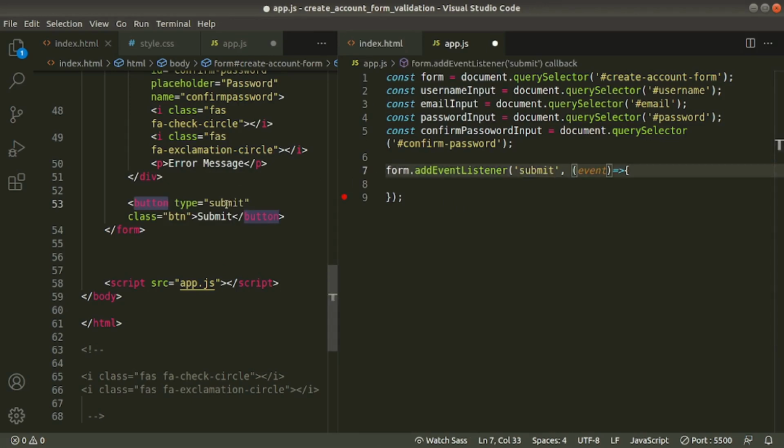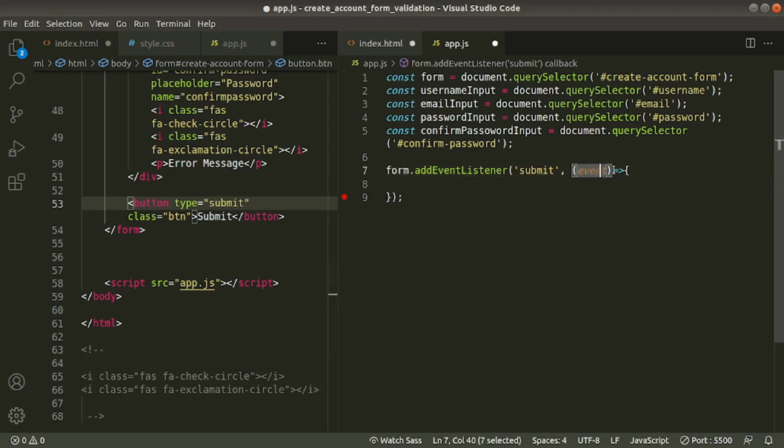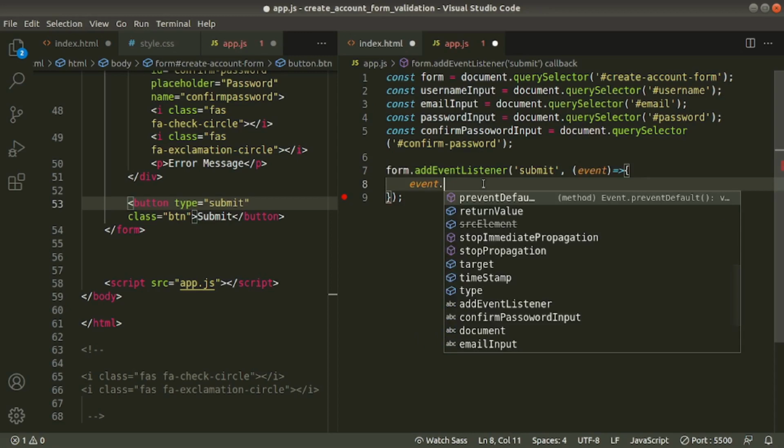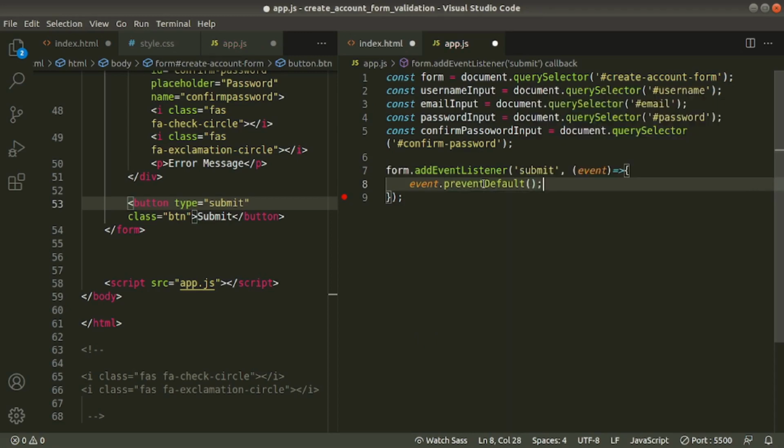Now you see the button type must be submit. If you give other than that, like button or anything else, it does not work. The button type should be submit. That's it. That will raise this on submit event of forms. Then we are writing a callback method. First what we'll do, we take the event object and preventDefault. This will stop submitting our form.